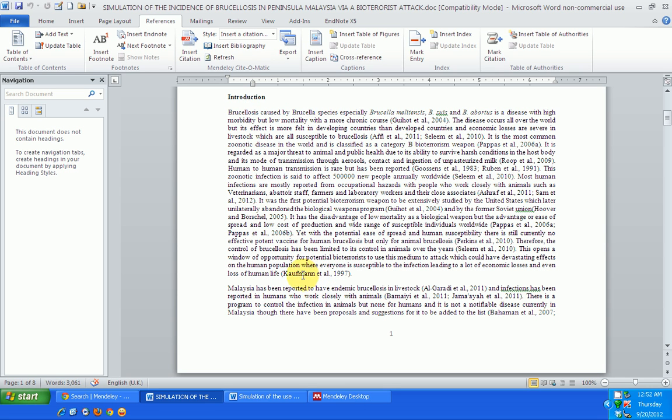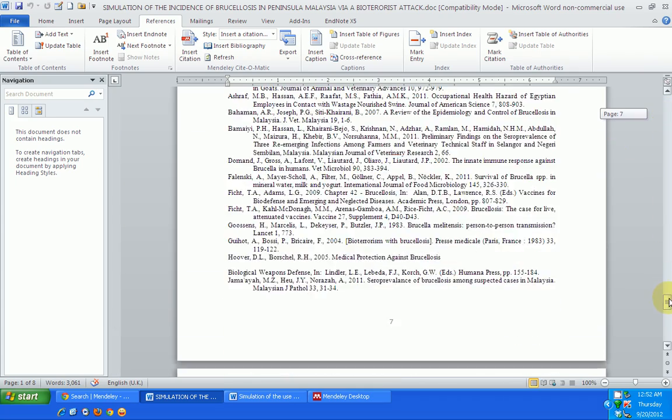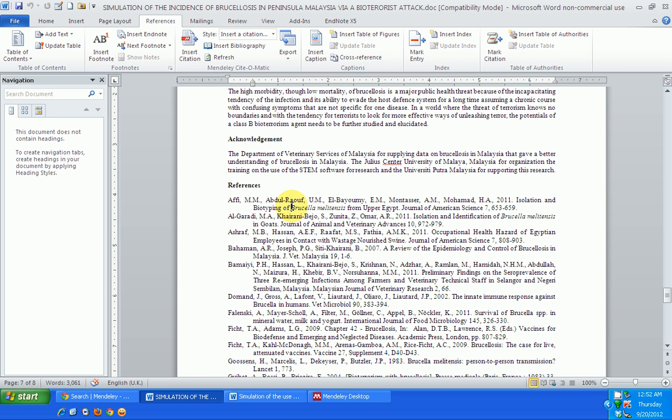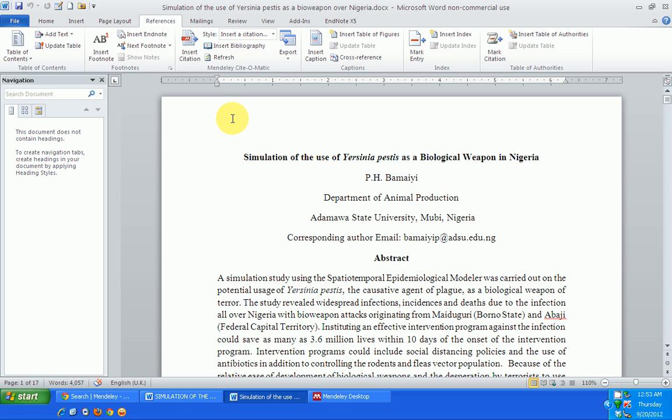Now, when you have this, there are usually two possibilities. One is that your references were not entered using Mendeley. For example, here these references were not entered using Mendeley. How do I know? If I click on any of the references, I don't see any highlighting. Usually it will be highlighted a little bit in a dark ash color, which indicates that I used a particular reference software. If I go to the list of references at the end and I click on them, and nothing happens,